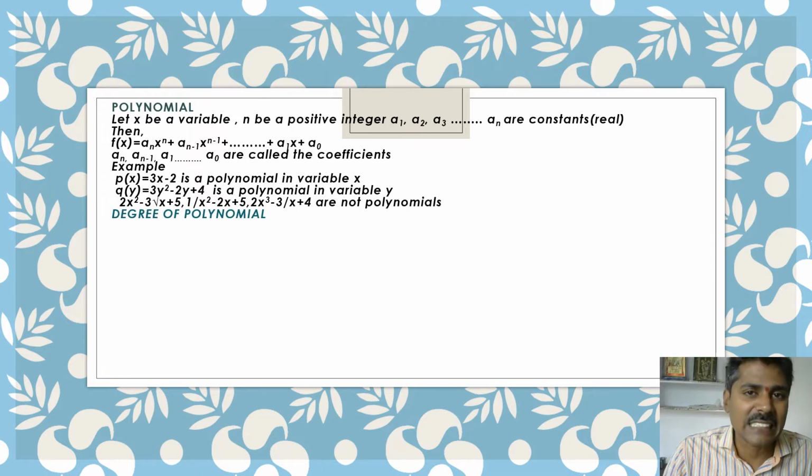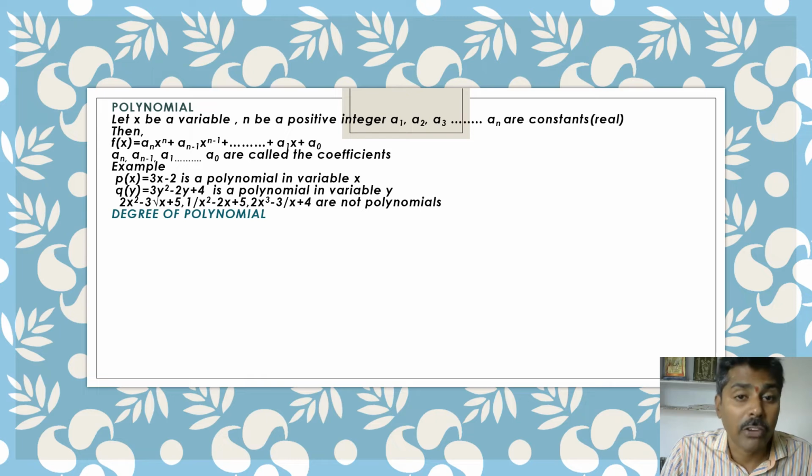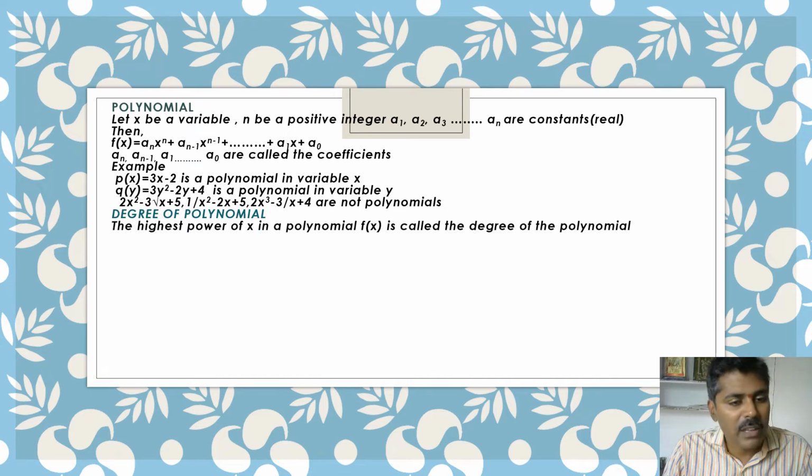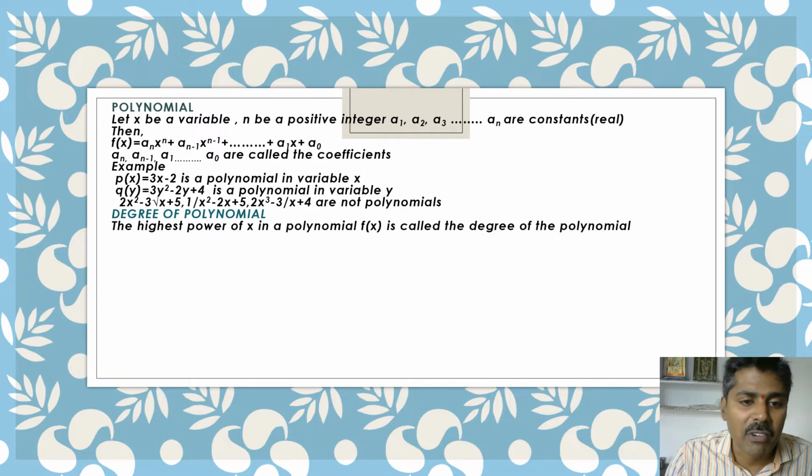Because if you completed 9th, it says that you have completed all the previous ones, so no need to mention the smaller things you have finished. So the highest qualification, you will mention that, like 10th if you completed 10th. If you completed a postgraduate degree, you will say post graduation. Similarly, the degree of a polynomial is nothing but the highest power of x in a polynomial f(x), called the degree of the polynomial.